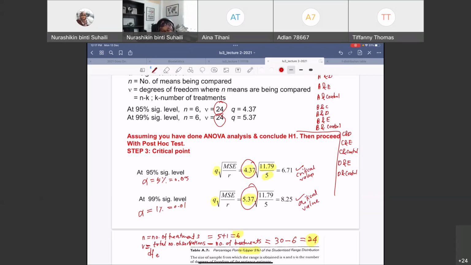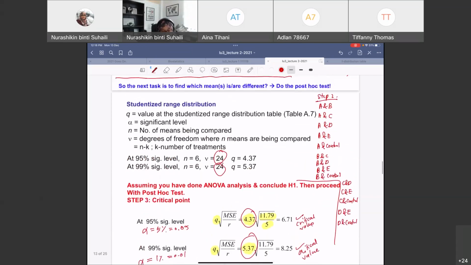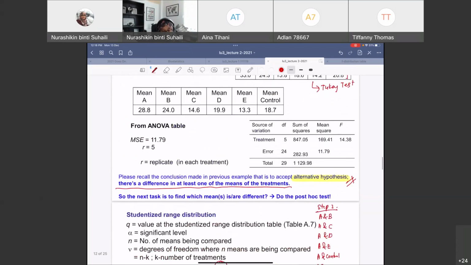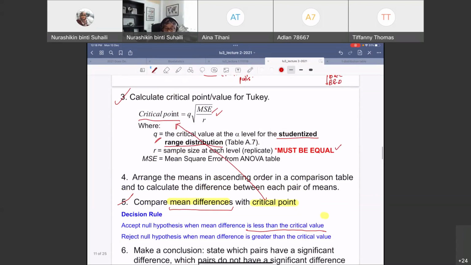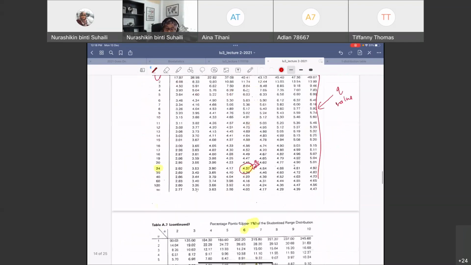Okay, now, so you have solved the critical value, which means that you are done with step number 3. The next one, actually you can go to step 5 directly. I don't prefer step 4 actually. Okay, let's go to step 5. Compare the mean difference with the critical point. So now,